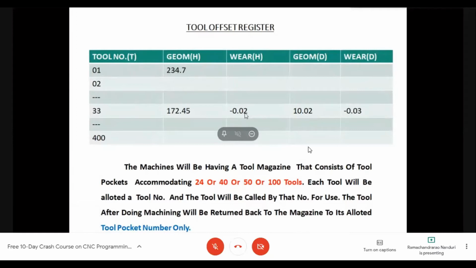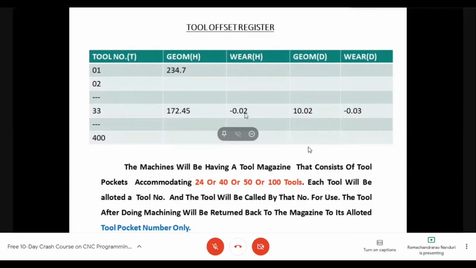And here the machine magazine consists of tool pockets accommodating 24 or 40 or 50 or 100 tools. The number of tools that can be accommodated by the machine depends on the customer's requirement and the manufacturer's facility, and the tool is called by that number for use. Okay, the tool after doing machining will be returned back to the magazine to its allotted tool pocket number only.